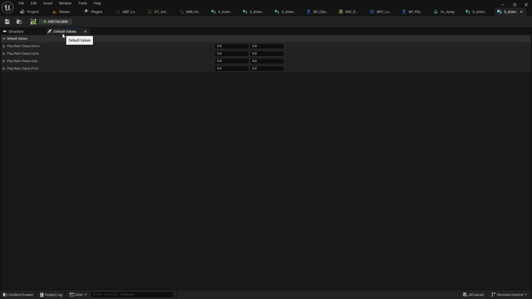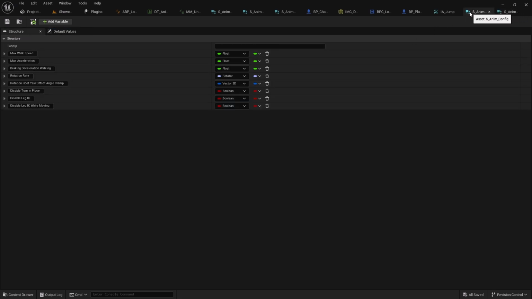right. And as the default values for the play rate clamp start, I will provide it as 0.625, and I'll copy the same thing and paste it for other stuffs. And for the pivot, also the same thing. And maybe for the cycle, instead of having this value, I can have a larger value like 0.8, and for the maximum, let's have 1.2. Okay,